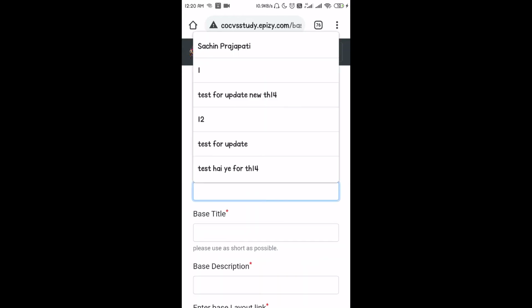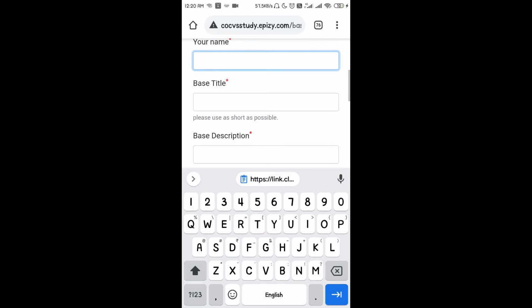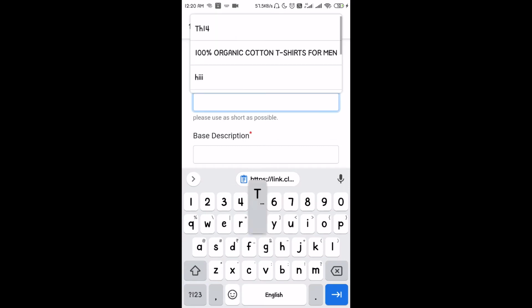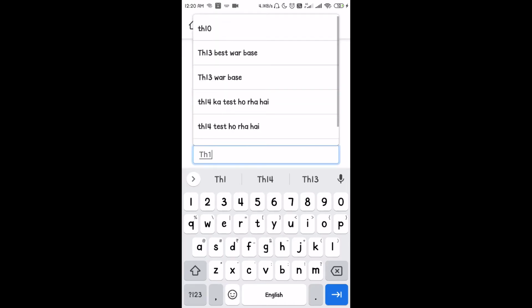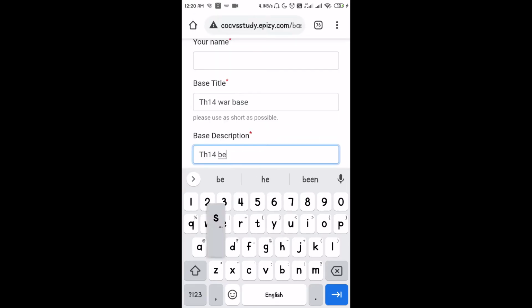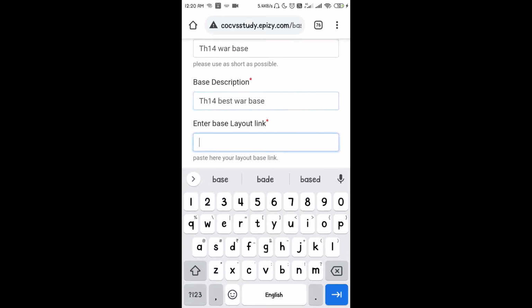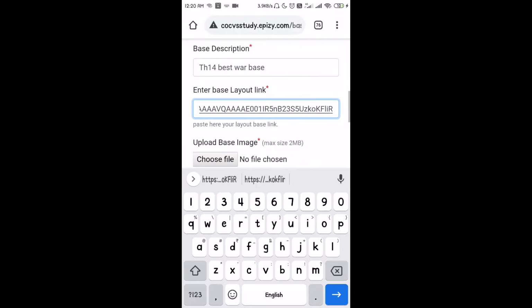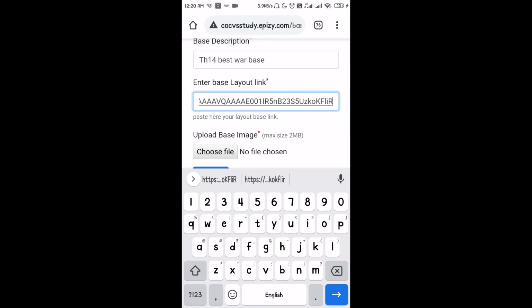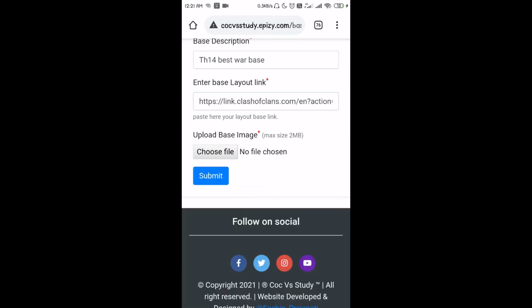Your name: suppose that my name is Sachin Prajapati. Base title, I can give TH14 war base. Base description, TH14 war base. Enter base layout link, I just copied this link from the server. Upload base image, just choose the upload base image.